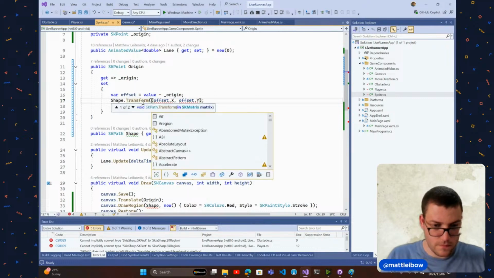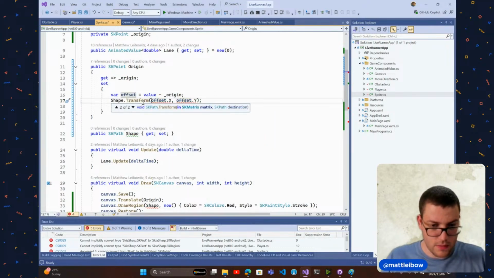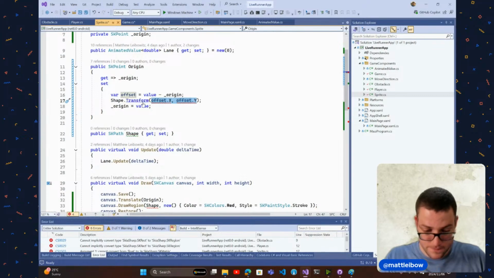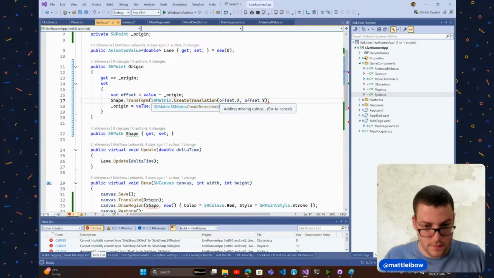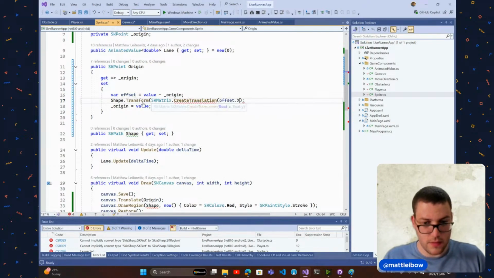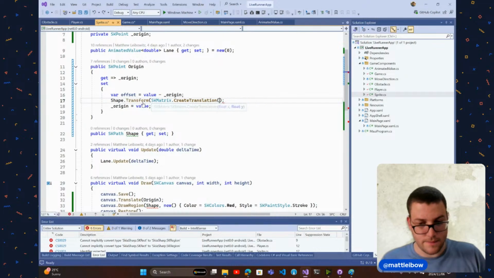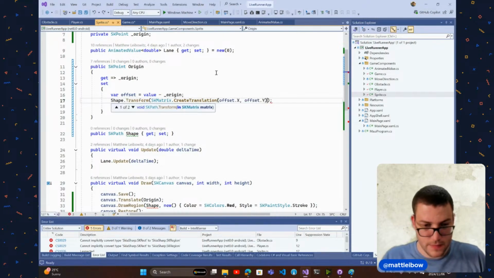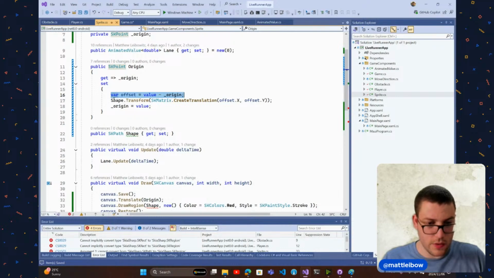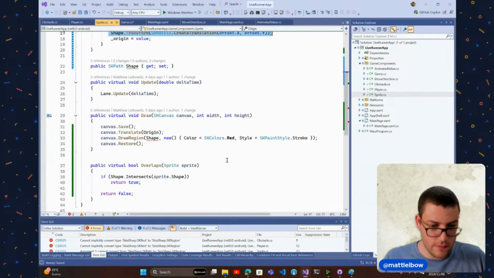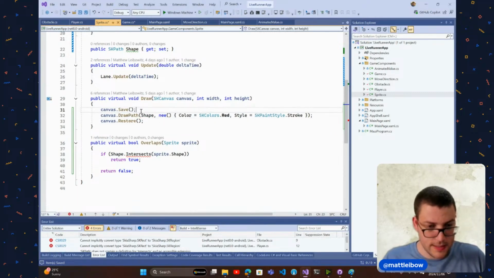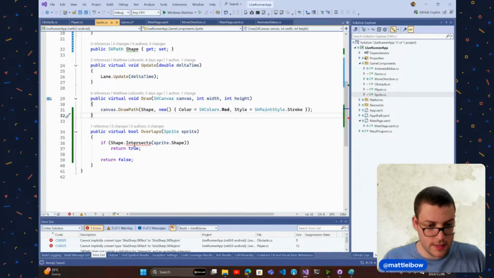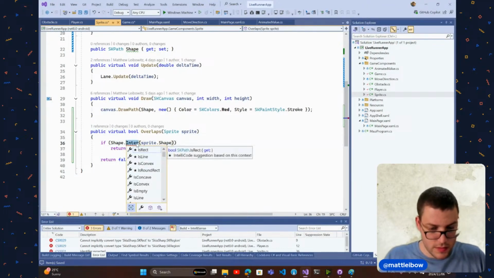Transform, and then we can do translation. Oh, I think can we do that? No. Oh, I need to add some overloads. Okay. Oops. There we go. So we calculate the offset, we transform it, and then we draw it. So let's path. We're drawing the path, and let's not now because we're moving it. Path dot